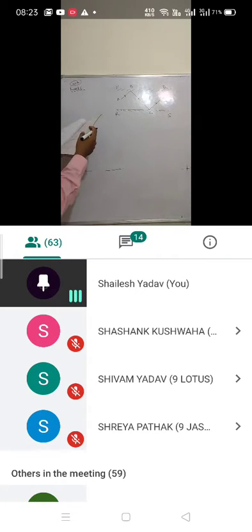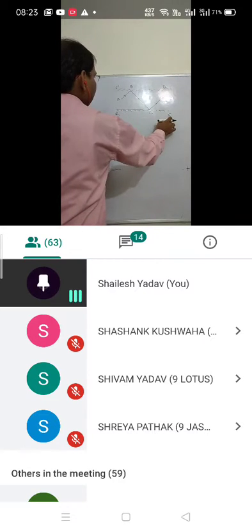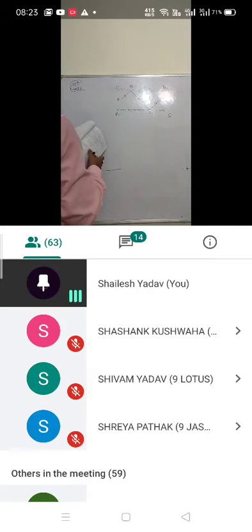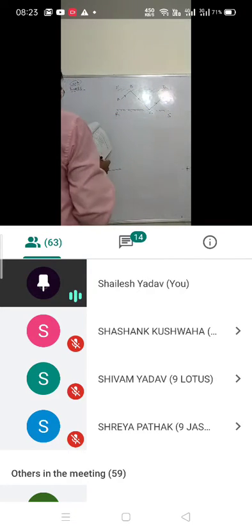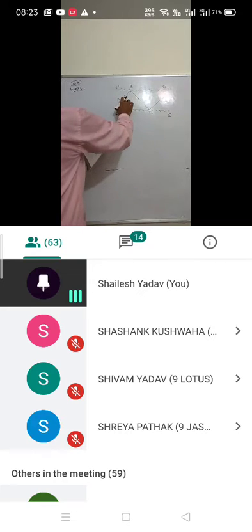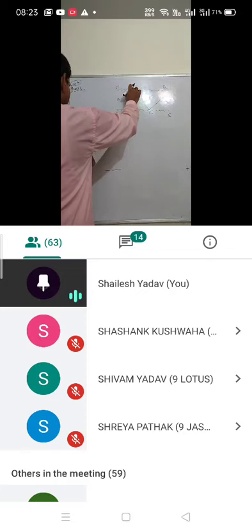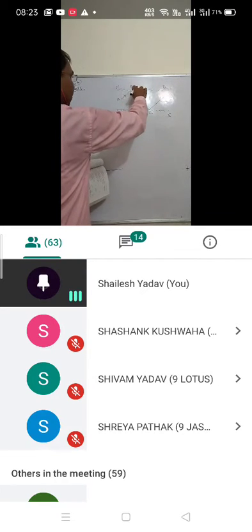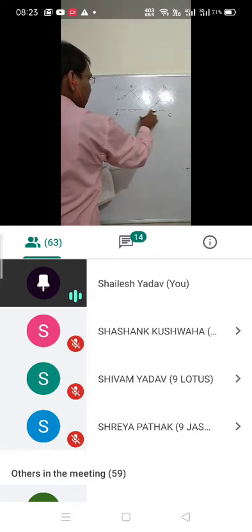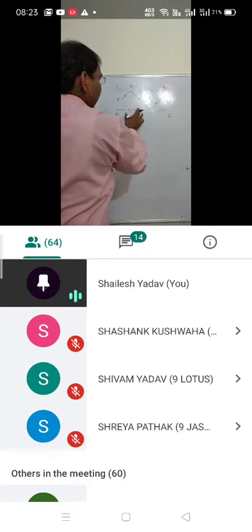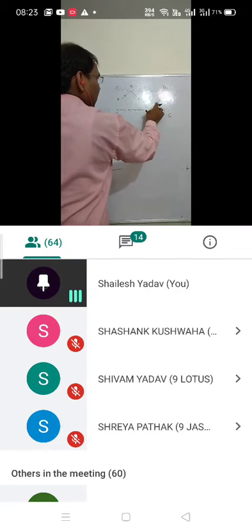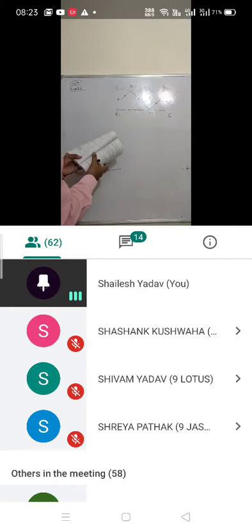It is given that in the given figure PQ and RS are two mirrors. So here PQ and RS are two mirrors that are placed parallel to each other. It means both the mirrors are placed parallel to each other. An incident ray AB falls on the mirror PQ at the point B. And after reflection, that ray BC strikes the second mirror at the point C. And again, this ray is reflected by the mirror RS from the point C, that is CD. So this diagram is given here.